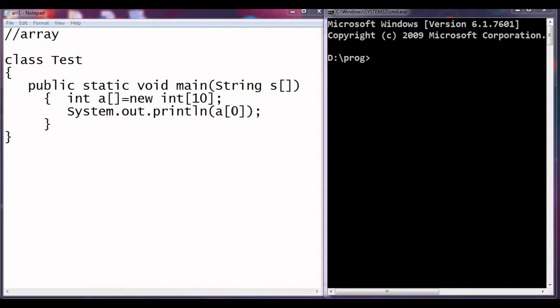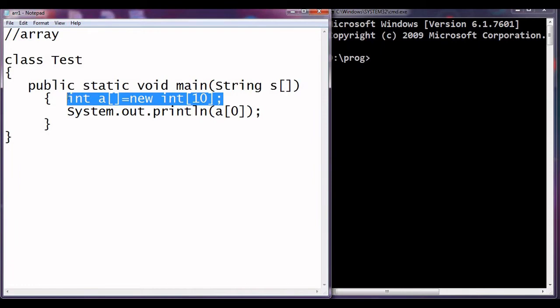Now let us see the programs. This is the very first program of the array. Here we have created an array of 10 integers. In Java, let us see how we can create an array. Here a variable of array has been created. We have to put blank braces over here, then equal to, and then new we have to use, and then we have to specify which data type element you want. That's integer. Here you can provide primitive or non-primitive data types, any data types, and how many elements you want. That we have specified 10.